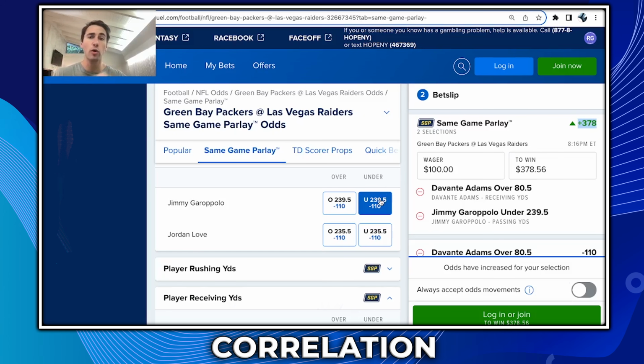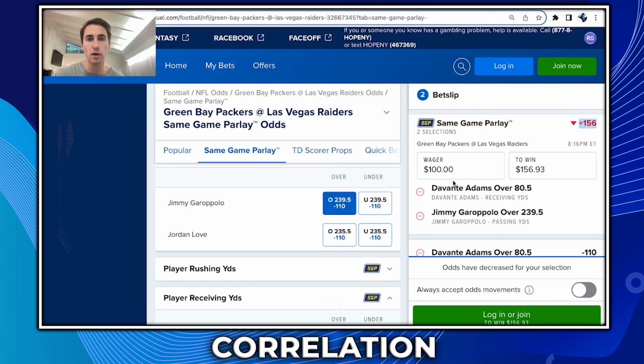So positive correlation, when you're looking at the same game parlay tab on FanDuel, is when the odds get worse, right? FanDuel is giving us a worse payout, even though the odds are the same, right? On Jimmy G, his over and his under are both at minus 110 odds. If I switch from the under to the over, my parlay goes from plus 378 to plus 156. So FanDuel is giving me a lot worse of a payout for both of the overs paired together